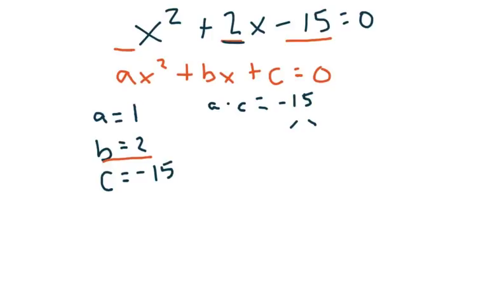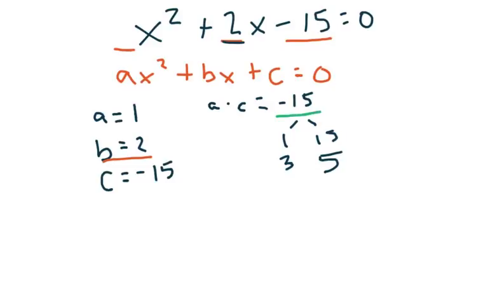Okay? So what are our factors of 15? Well, never forget about 1 and 15. It's always 1 times something. That's always an option. And there's what? 3 times 5, right? 3 times 5. All right, well, we can stop there because that's going to be it. Because keeping in mind, our c right here,